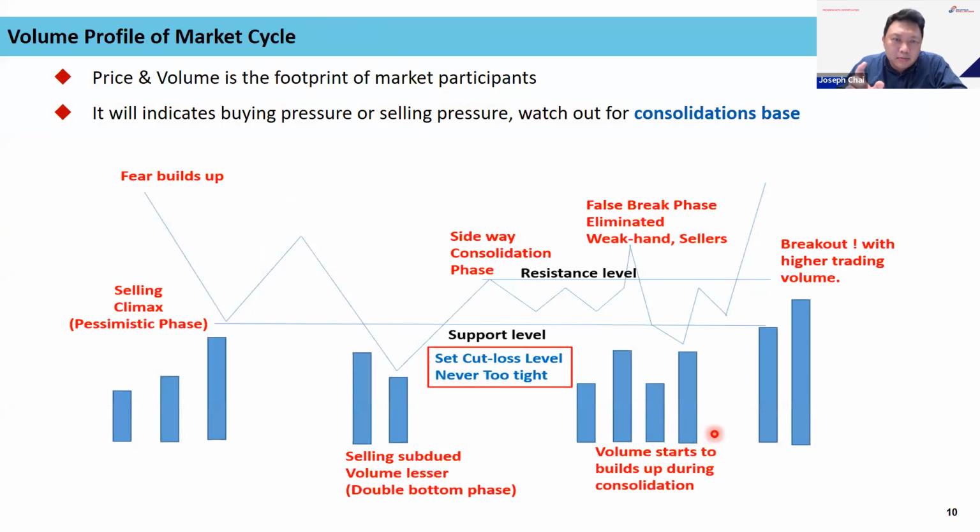You can actually take a picture or screenshot, right? So you see, this is actually a very good double bottom where the market is coming down. This is the volume, and then at the second bottom, the volume is lower, and then it starts to go sideways. You see, when the sideways happens, that's where I will tell you there's a lot of fake breakouts. You break out with high volume, but later on you break down,